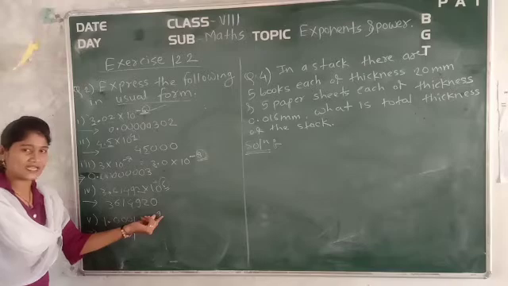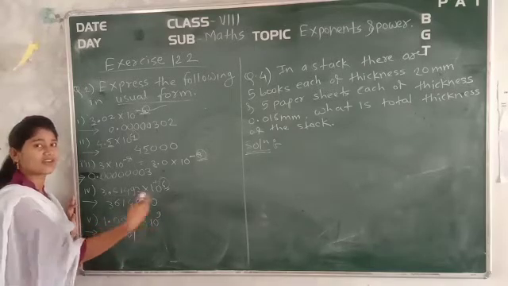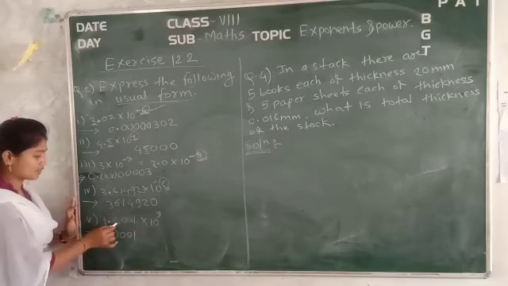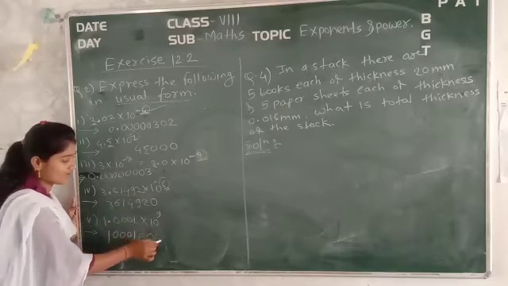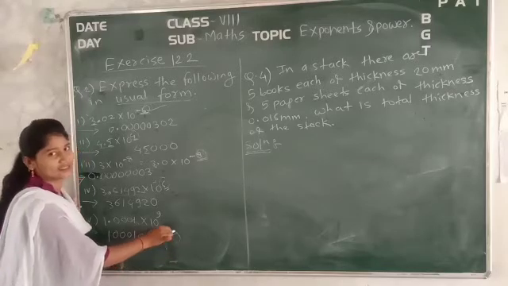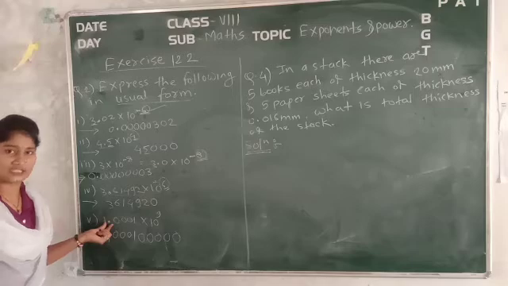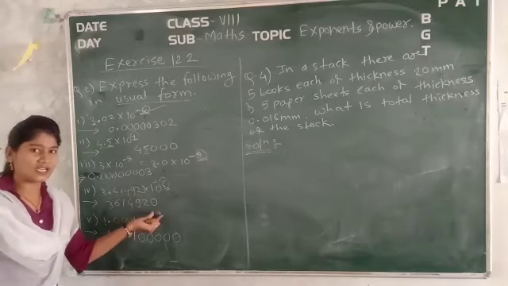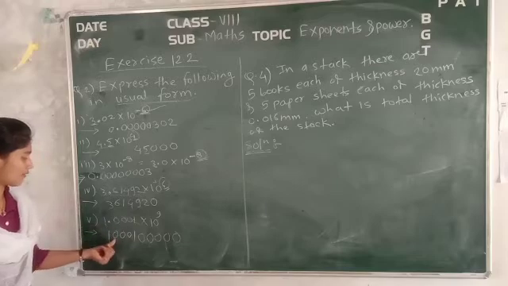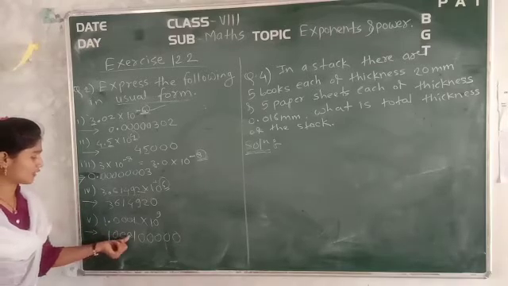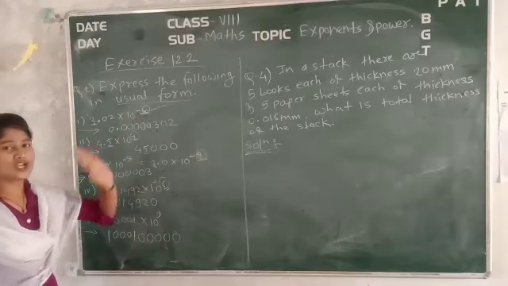Okay. So 9 digits is there. Your decimal point is here. You have to go 9 digits again. So this is 1, 2, 3, 4, 5, 6, 7, 8, 9. It means in that way you have moved the decimal point up to 9 digits towards positive, that is the right side. From here we calculate 1, 2, 3, 4, 5, 6, 7, 8, 9. So now this is becoming the usual form.